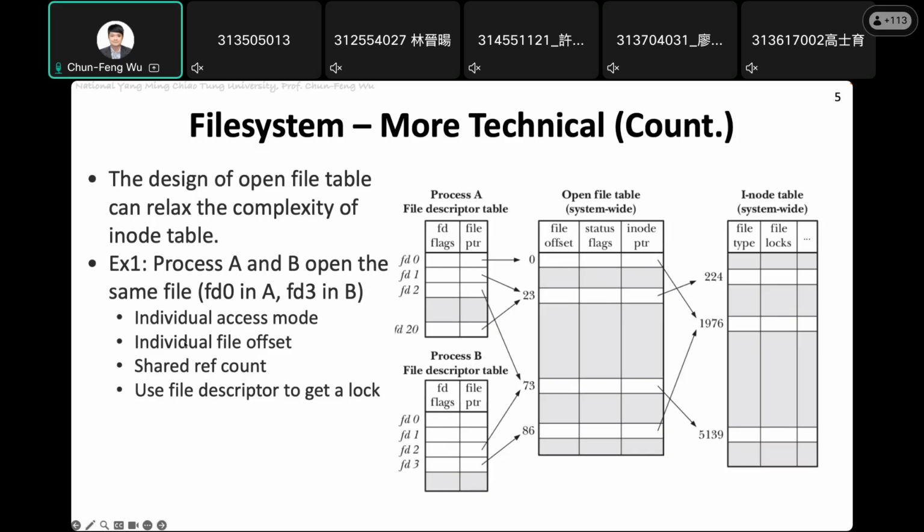And then they can have their own individual file offset. What do I mean by the individual file offset? So for fd0 of process A, even though they are going to access the same file number 1976,